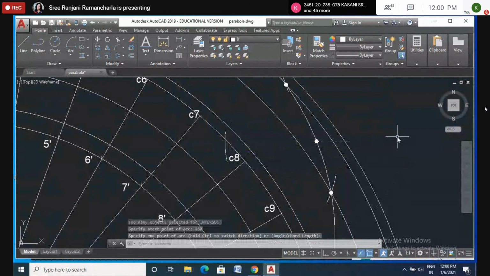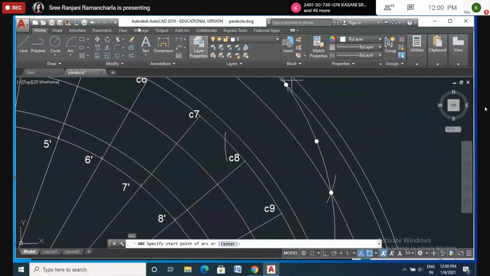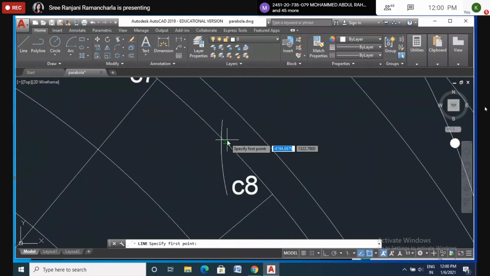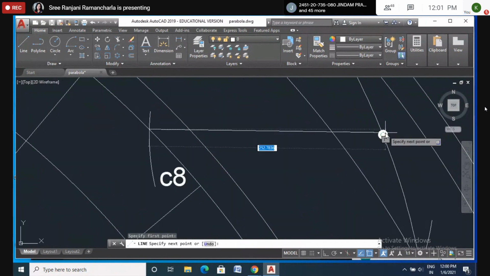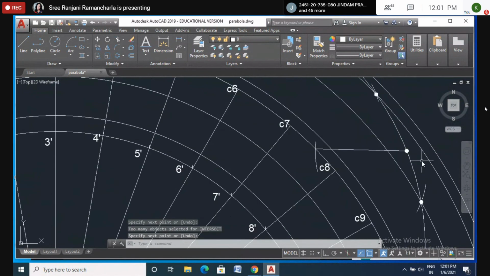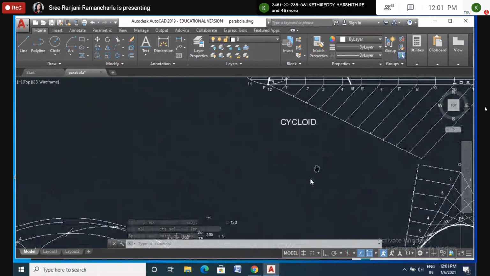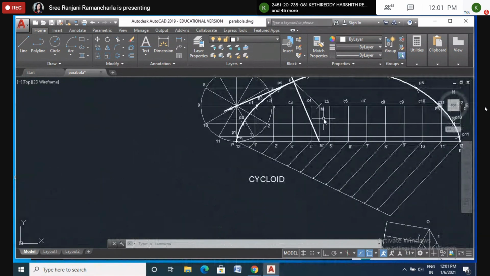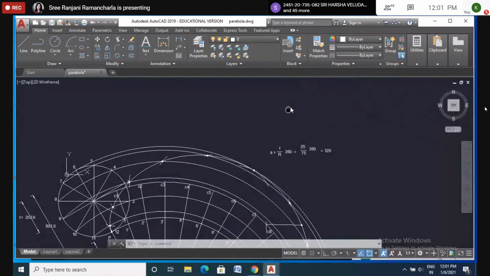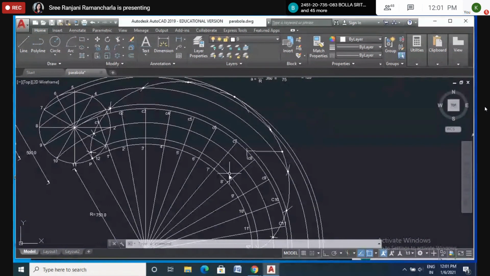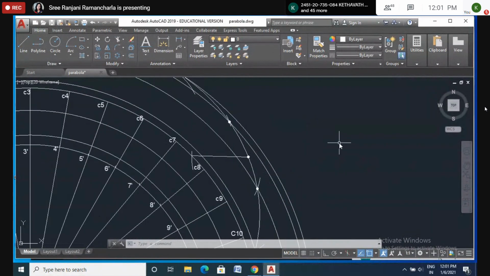Like here, see. Okay, I got the curve here, and I will draw the line here from here to here. Let us say this point, like what point we mentioned. What is the point we mentioned in the center line here? The same point we will mention here also. So this point is M, right? M dash. So here also you write M. This point is M. Here you write M. This one is P. I will write it later.